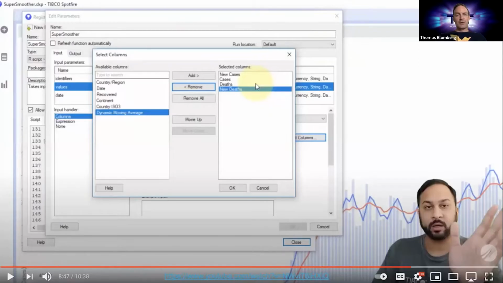I decided to show you the new experience compared to an existing experience and an advanced data function that you can try out already today. Our good friend and colleague, Neil Kanungo, has not only created the COVID-19 template, which you can download and get started with analyzing COVID-19 data, he also created the super smoother data function. This is a screenshot from the YouTube video. You have the link here. As you can see, it's a traditional Windows Form style experience of using it, selecting columns, and really mapping this super smoother to your analysis file.